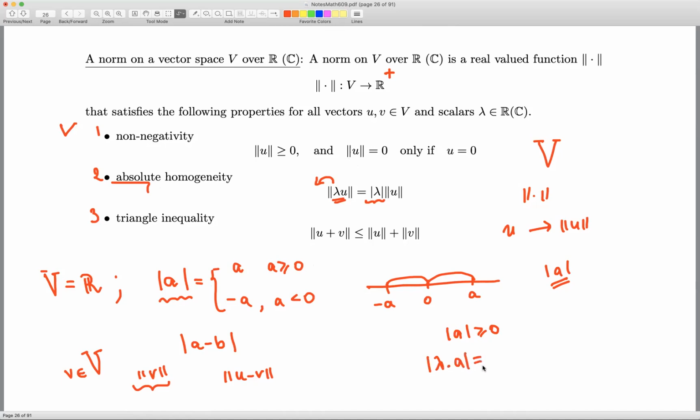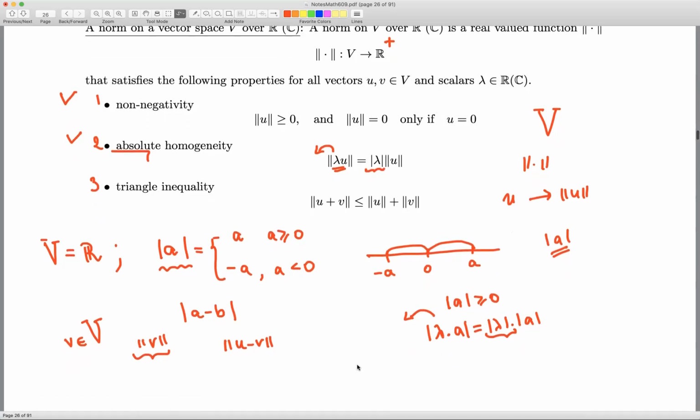We know that the absolute value of a product of two numbers is the product of the absolute values. So indeed, we have the second property, the absolute homogeneity, because we can pull lambda out of the absolute value. And therefore the second condition is satisfied, and the third condition is satisfied too, because we know that